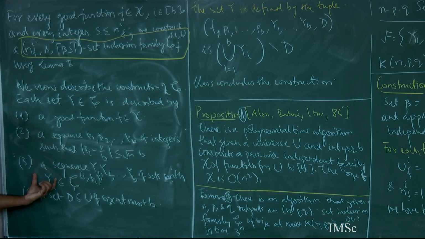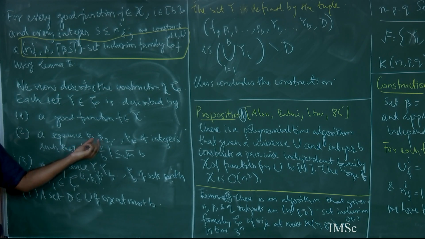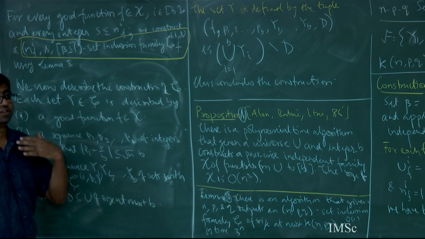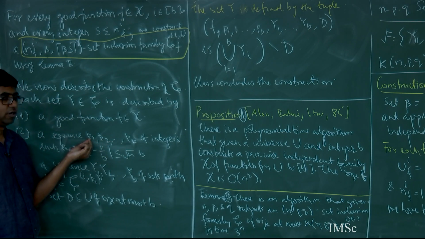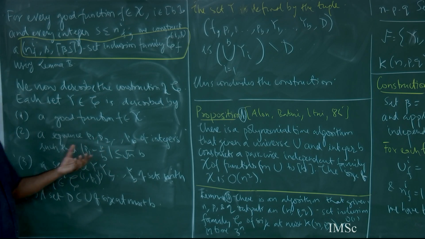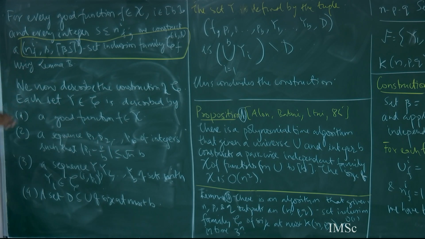What is this function? Sequence. Look, I know what this sequence tells me. This basically tells me how many elements of your x, which is in your head, have gone to each part. So that is quantified by P1, P2, to Pb. Now I have already computed for all s less than or equal to NIF.